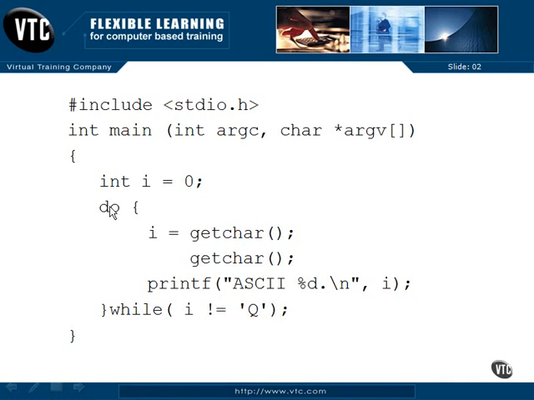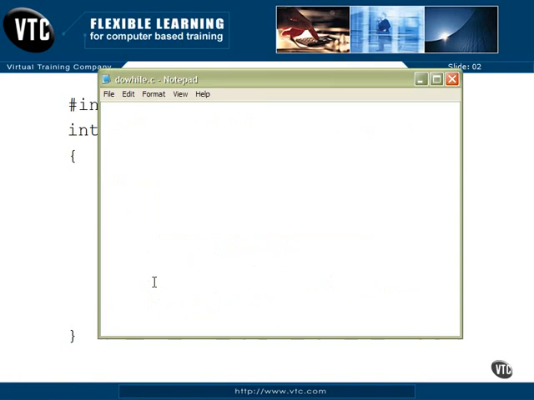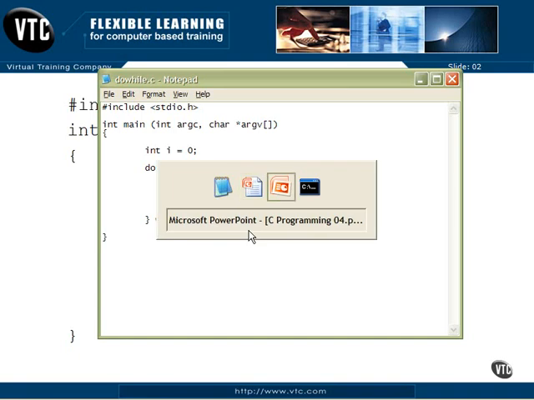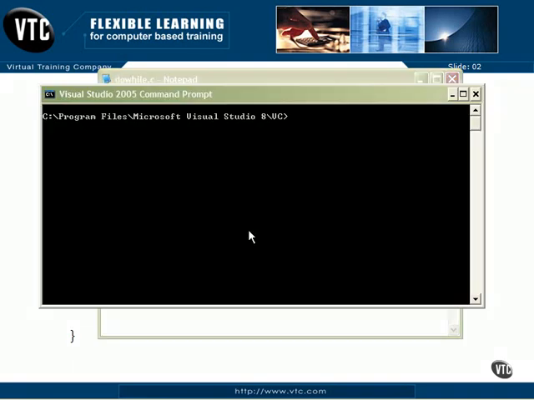Well, in this case of a do-while, it's necessary to have the semicolon to tell the do-while that it's done, and it knows how to get back to this open brace and start over again. So let's go take a look at it. There's the code, what we just looked at. While i is not equal to Q, we'll go over to our compiler,